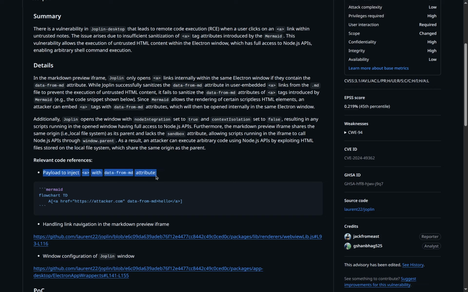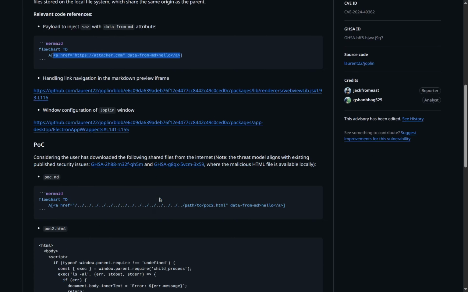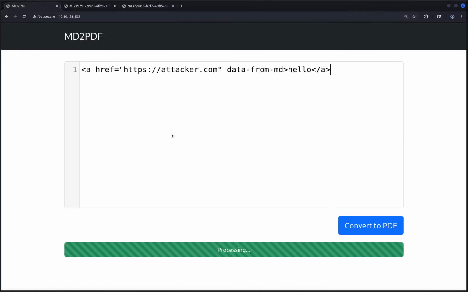We see over here with the data attribute. So we can give a link and make it href. I'm gonna just copy this for now. So can we take this,